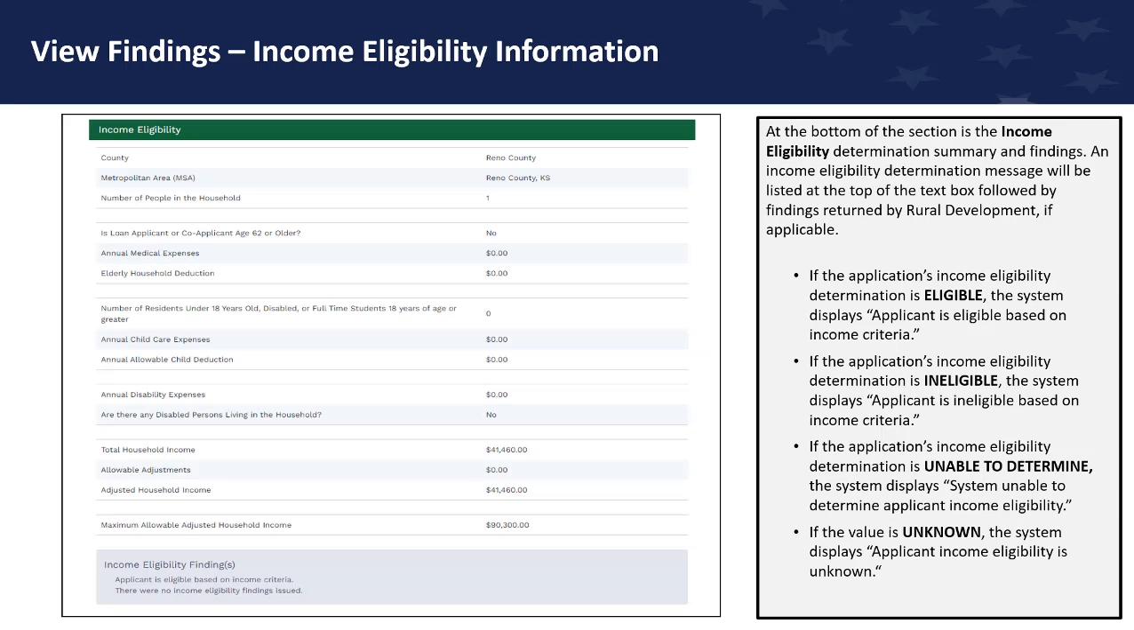Here, we will cover the Income Eligibility Information section of the View Findings tab. This section confirms data entered on the Eligibility tab and returned from the Income Eligibility Service, including county, metropolitan area or MSA, number of people in the household, is loan applicant or co-applicant age 62 or older, as yes or no, annual medical expenses, elderly household deduction, number of residents under 18 years old, disabled, or full-time students